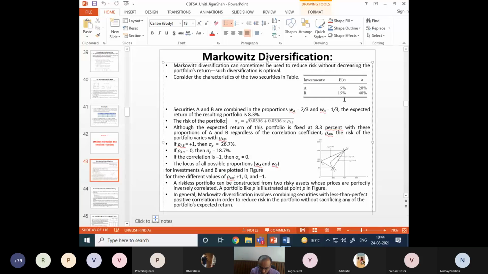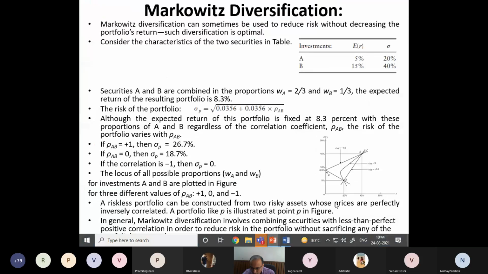Now let me plot this in a graph. Let me take a full view so that the graphs are visible. So I sketch it in a sigma-ER plane. The x-axis is sigma, which is the risk, and ER is the return. Remember, this is called the risk-return plane, where return is on the y-axis and risk on the x-axis. So it is risk versus return, for different values of rho AB. Rho AB can vary from -1 to 1, and I take three extreme cases.